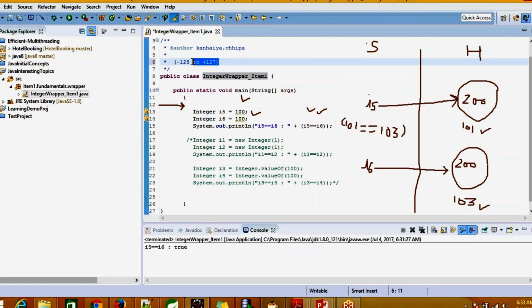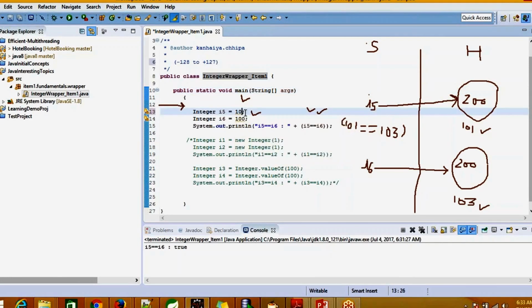So you can think of this concept as similar to the string pool concept. When we create any object using the string pool, it goes to the pool, and the subsequent time if we create the same object, it does not create any new object. The same kind of thing is applicable here also, but the restriction is limited to minus 128 to positive 127 only.